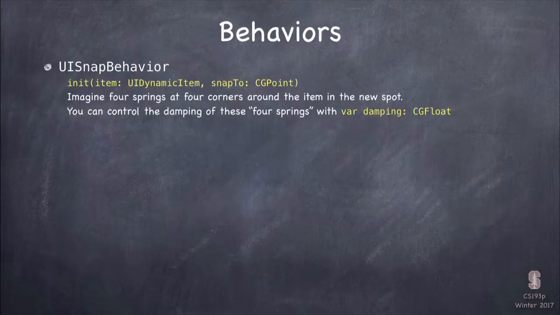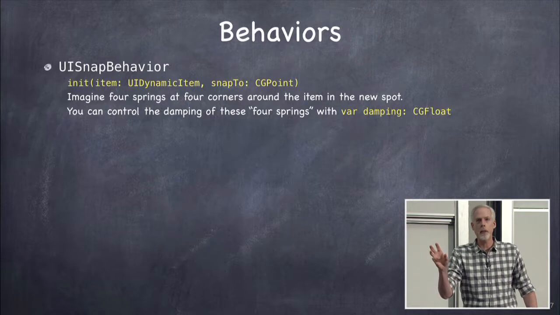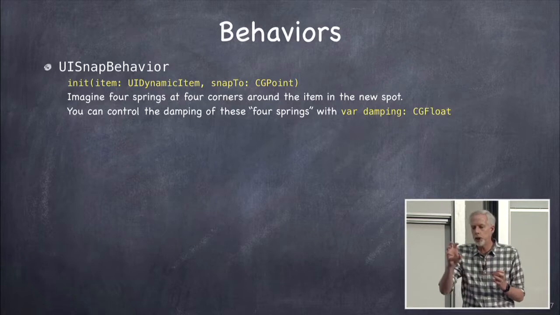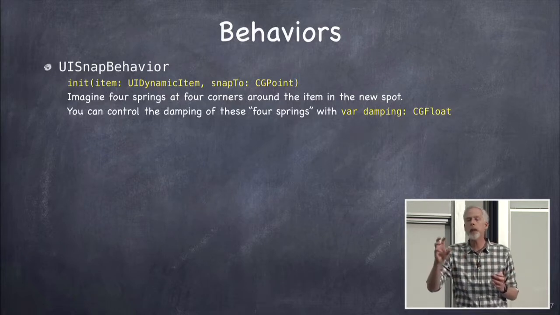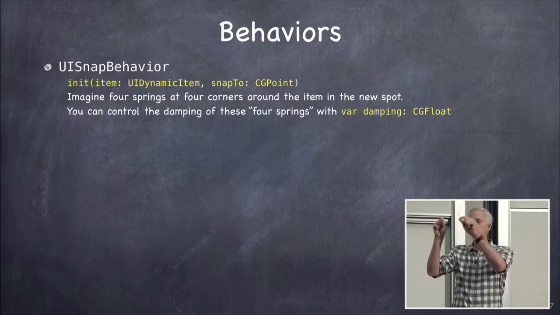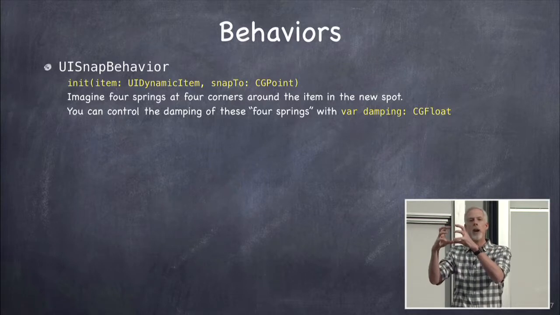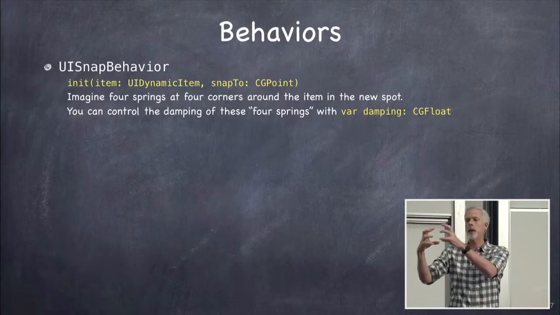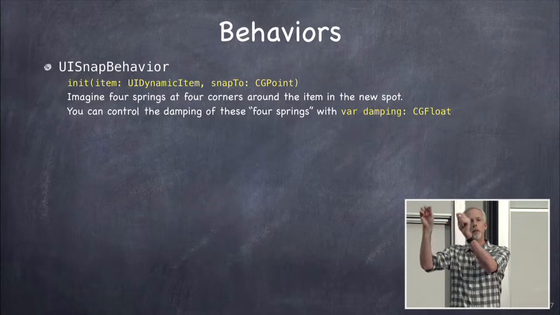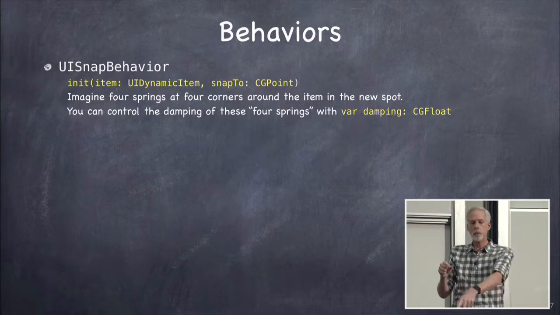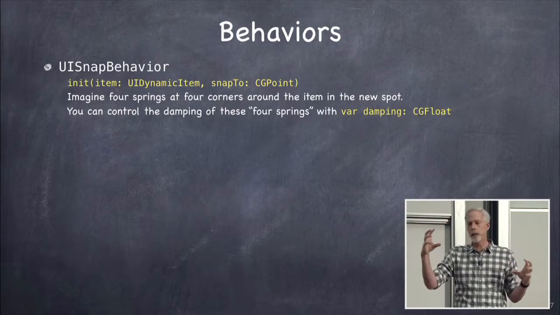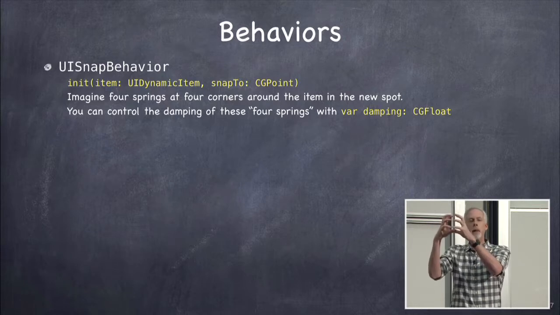All right, snap behavior. So a snap behavior is basically a move this view from here to over here behavior. And why it's called a snap behavior is it doesn't move it over there really jerky and stiff. It moves it over, and when it gets there, it's almost like four springs are attached to the corners, and it vibrates a little bit. It flies over there, probably eases in, then eases out, and then when it gets there, it shakes a little bit. Like there's springs in the corners. And you can set the stiffness of those springs with damping. So highly damped, they'll come in and just stop, and really springy springs, they'll really bounce around when it arrives.